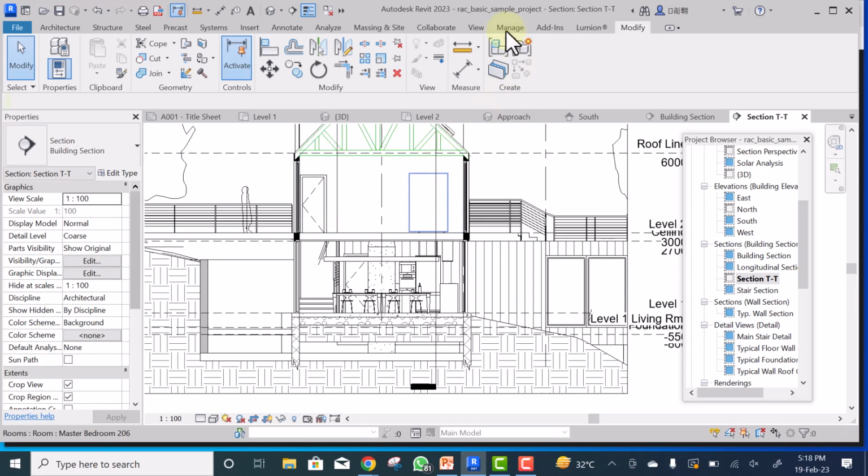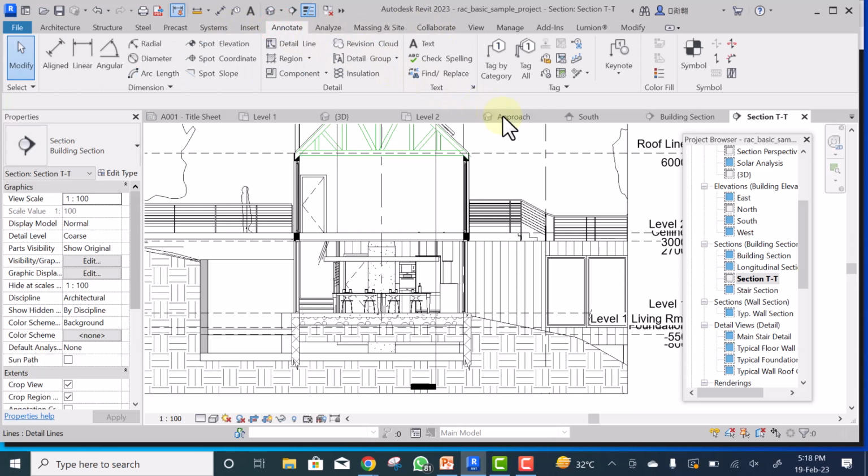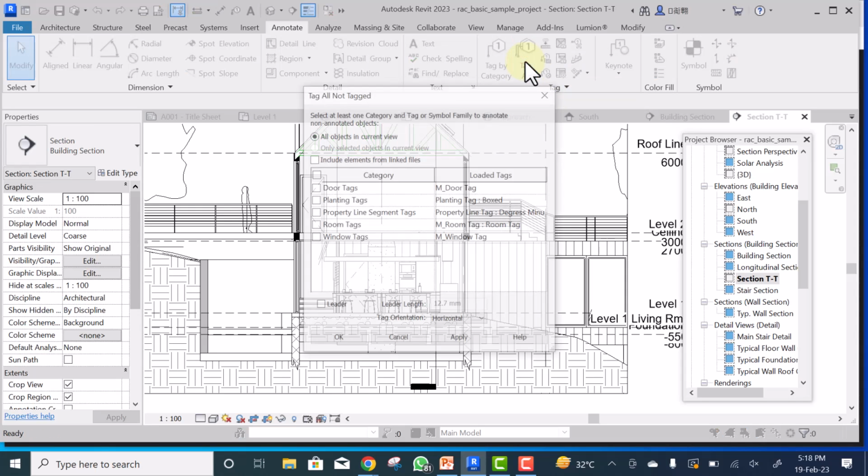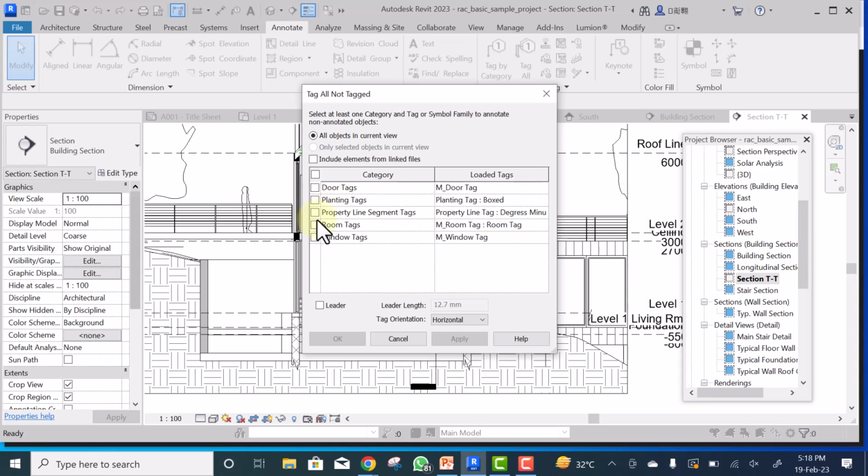So for me to write this one becomes very easy. I simply go to the Annotate tab and click Tag All and select Room Tag and click Apply. Click OK,